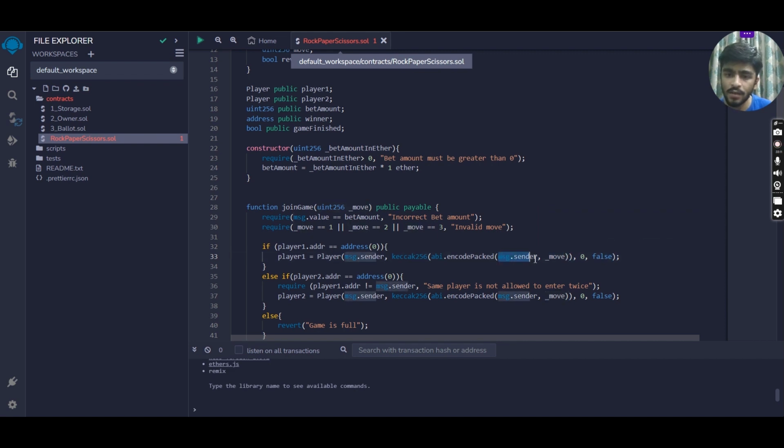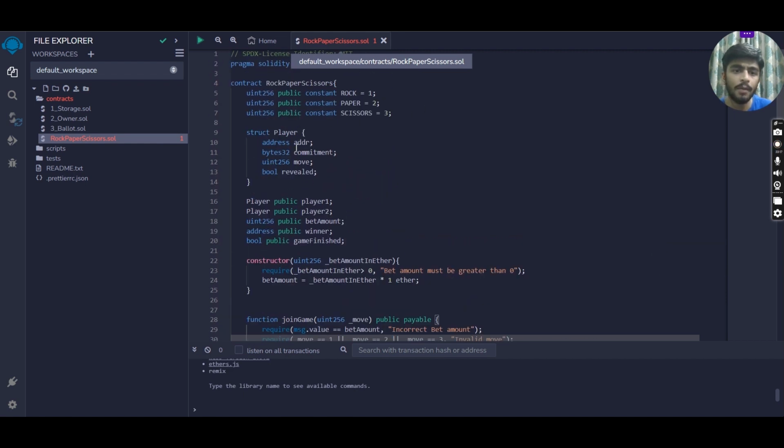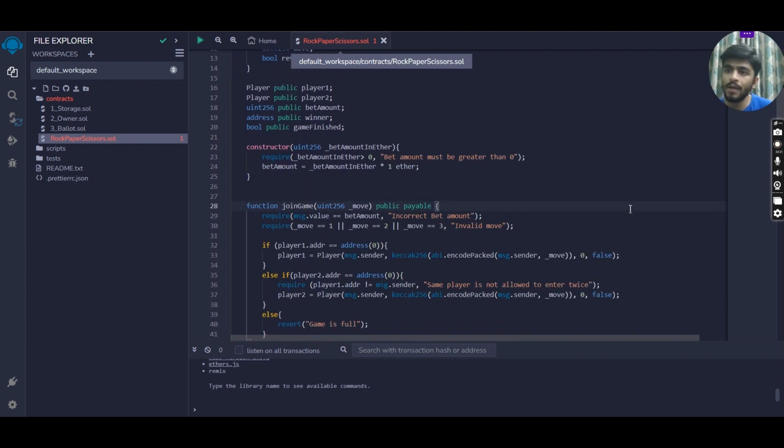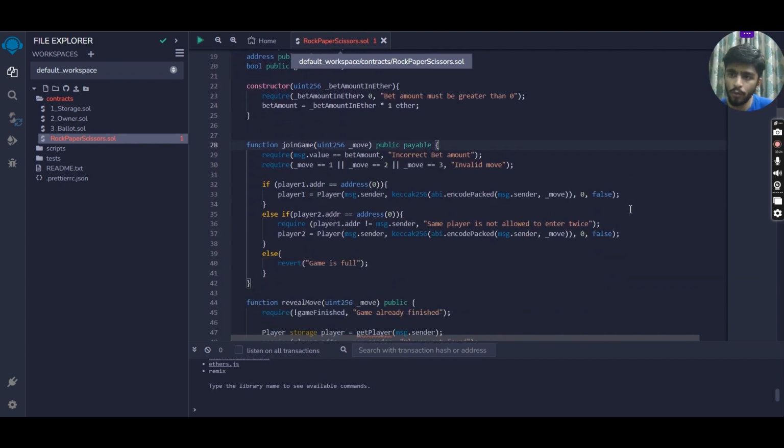So basically we are hashing that value and storing it in the form of a commitment in the commitment field of the player struct,